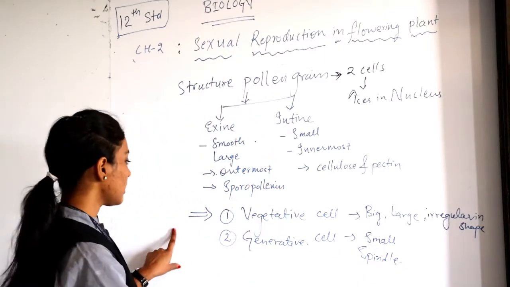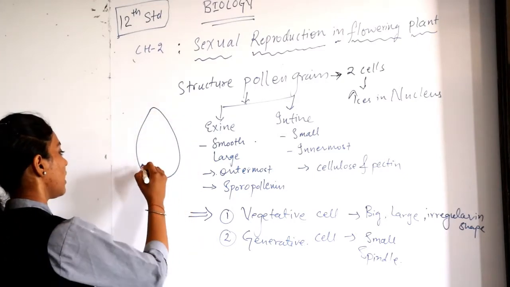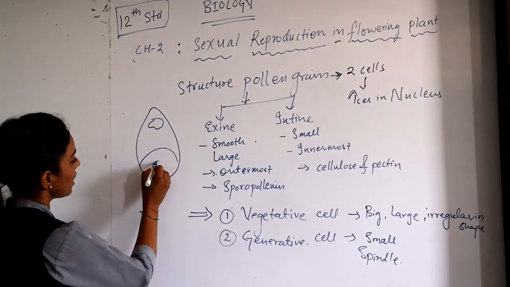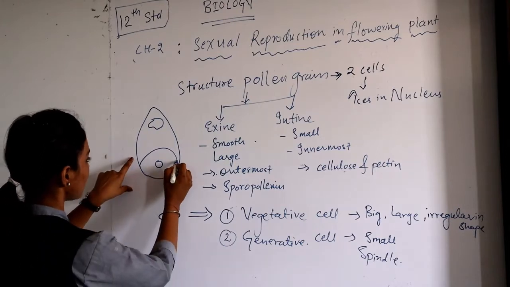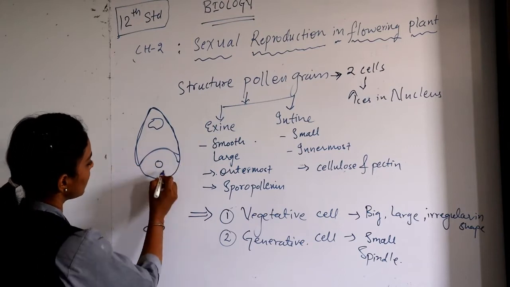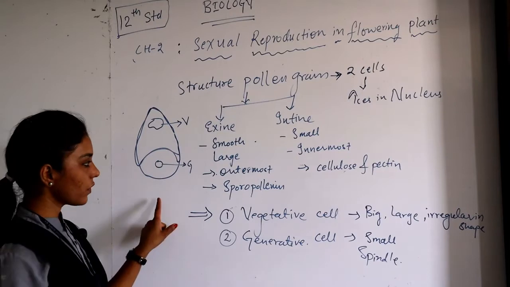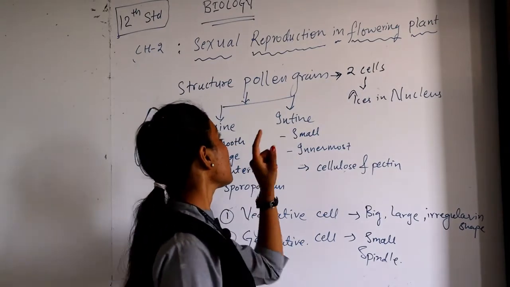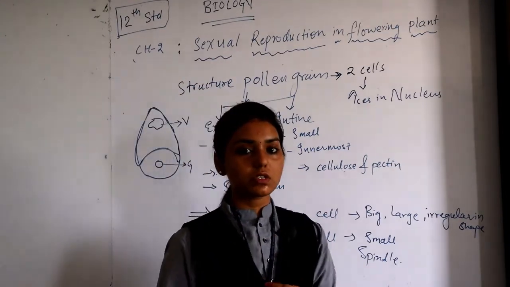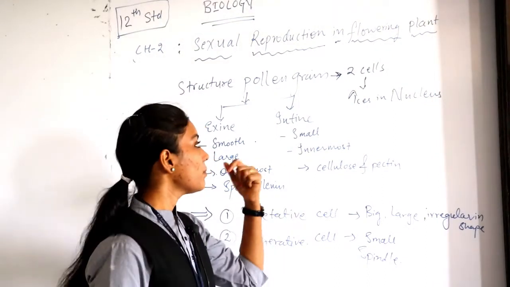We will quickly draw the diagram of this. See, pollen grains were somewhat this particular shape and it was having two types of cell. One was vegetative and the other is the generative cell. Here you can see the irregular shape, the whole cell is having irregular shape, and then this is generative. I am just writing with the abbreviation V and G. These were the things that we have seen in the structure of pollen grain, and we have also seen the uses as well as the disorders which were caused due to pollen grains.